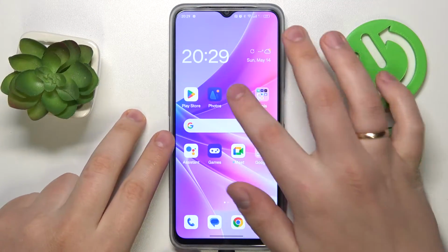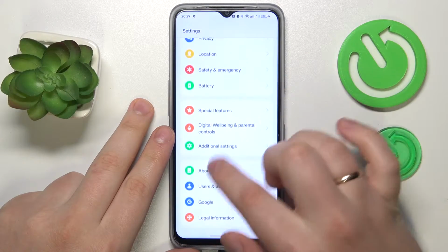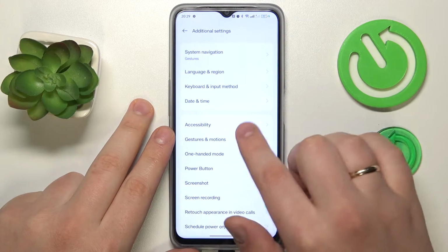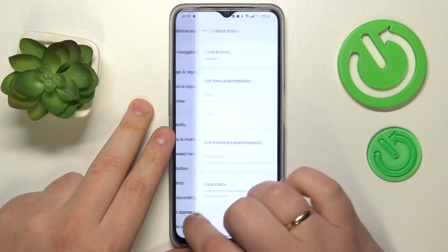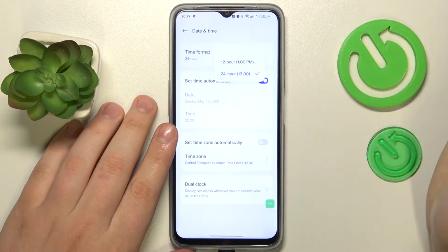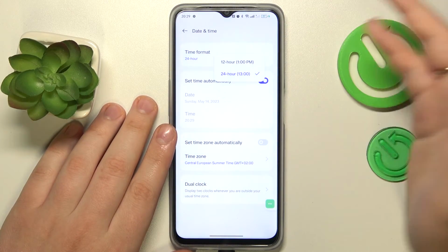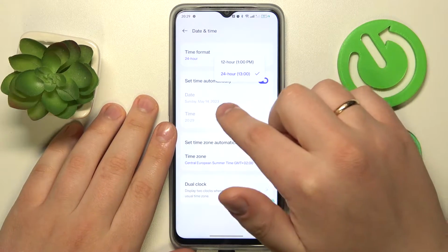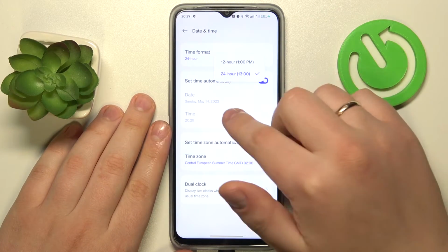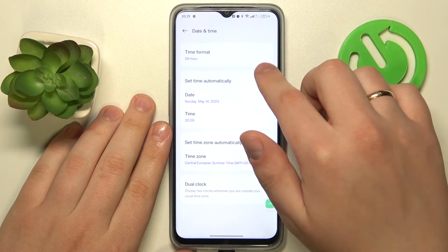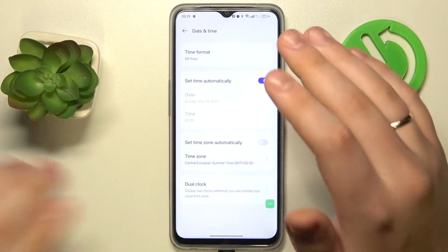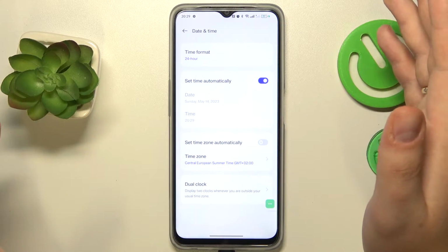So to start, you will need to launch settings, then find and enter the additional settings menu. From here go for the date and time section, and in here you can change the time in terms of the time format, 12 or 24-hour formats respectively. You can also just make your time to be network provided or automatic,